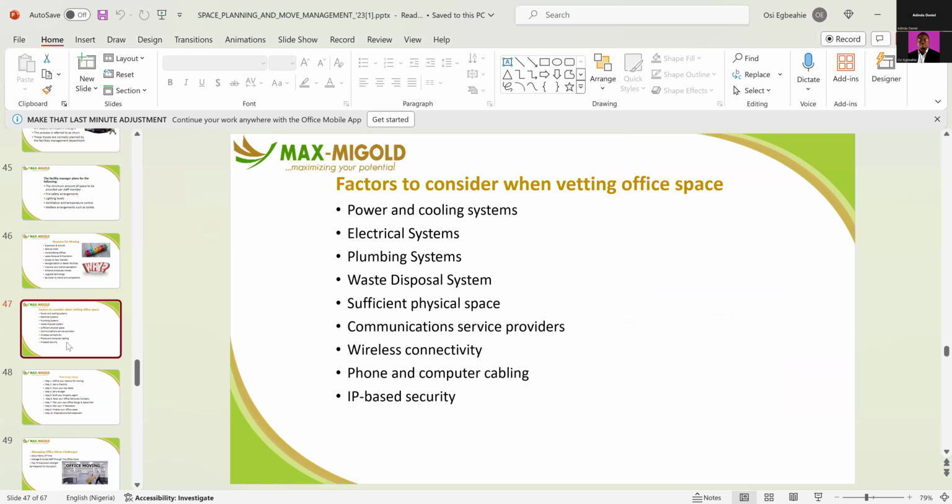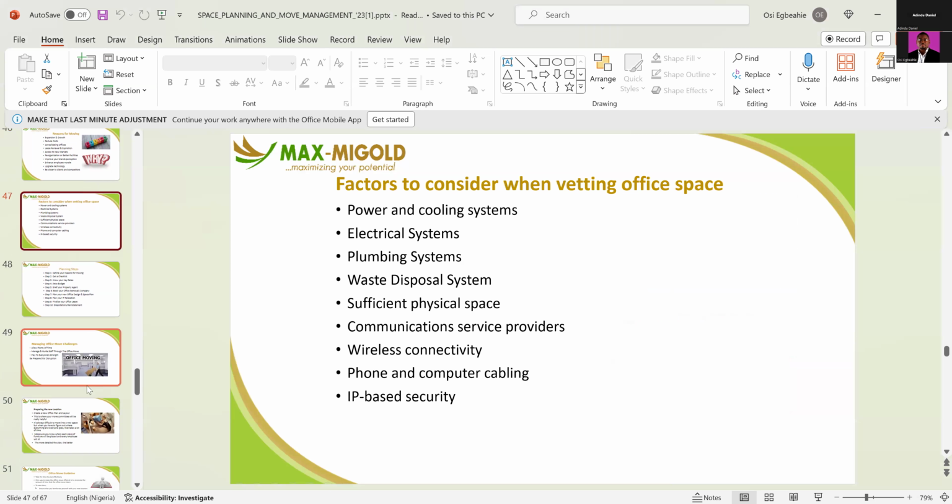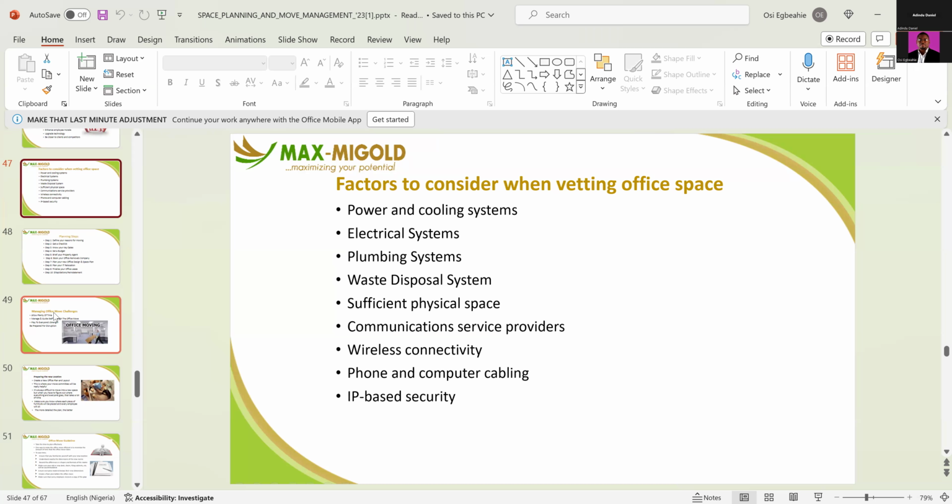So the factors to be considered when vetting a new office, when you're moving to a new office, there are some factors they look at that you need to consider. When you look at the power and the cooling system, look at the electrical system, and look at the plumbing system. Electrical and plumbing are very, very important areas that you need to look at as facility managers, because that is where your core activities will begin to work, especially when you are getting a new